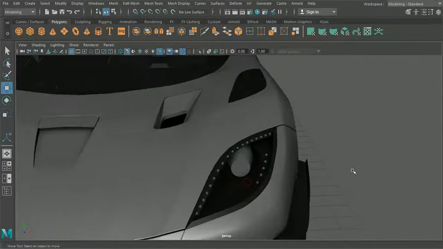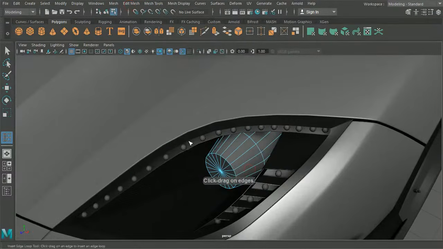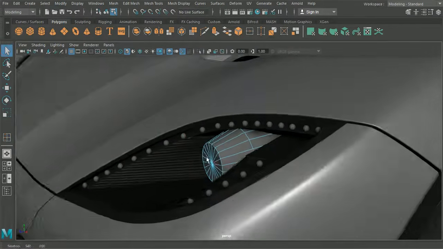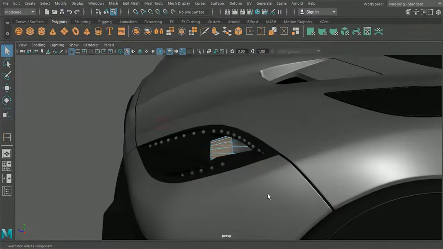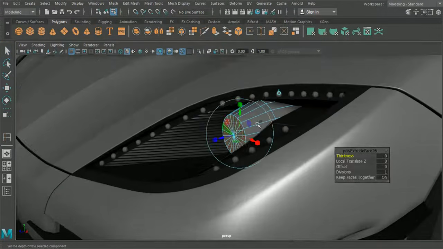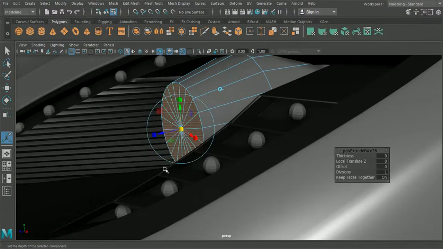Okay. And what we'll also do is we'll insert, actually we'll do that afterwards. We'll grab all these faces again, so they're nice and easy to grab, and we're going to hit Control E again, and we'll scale this down ever so slightly here.